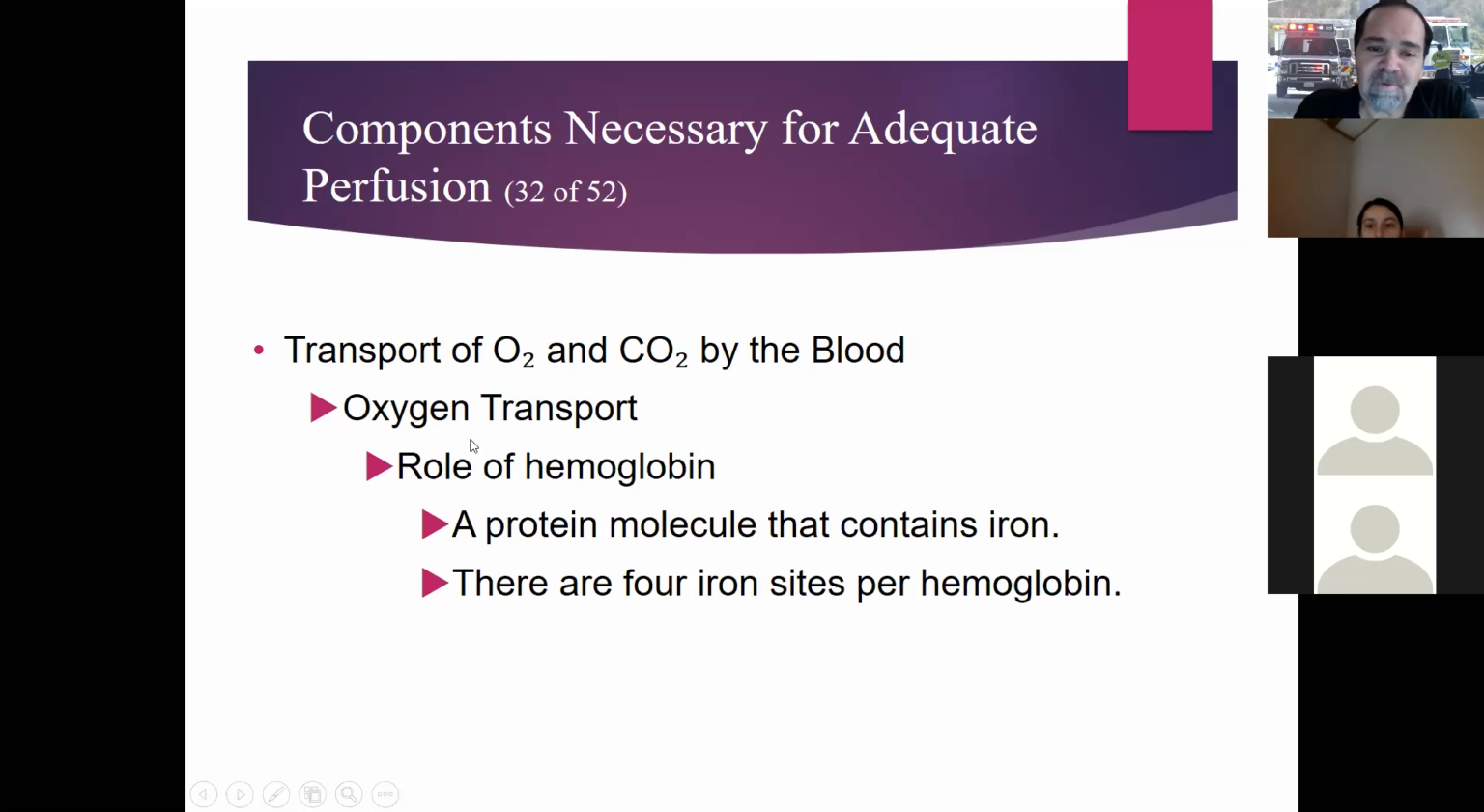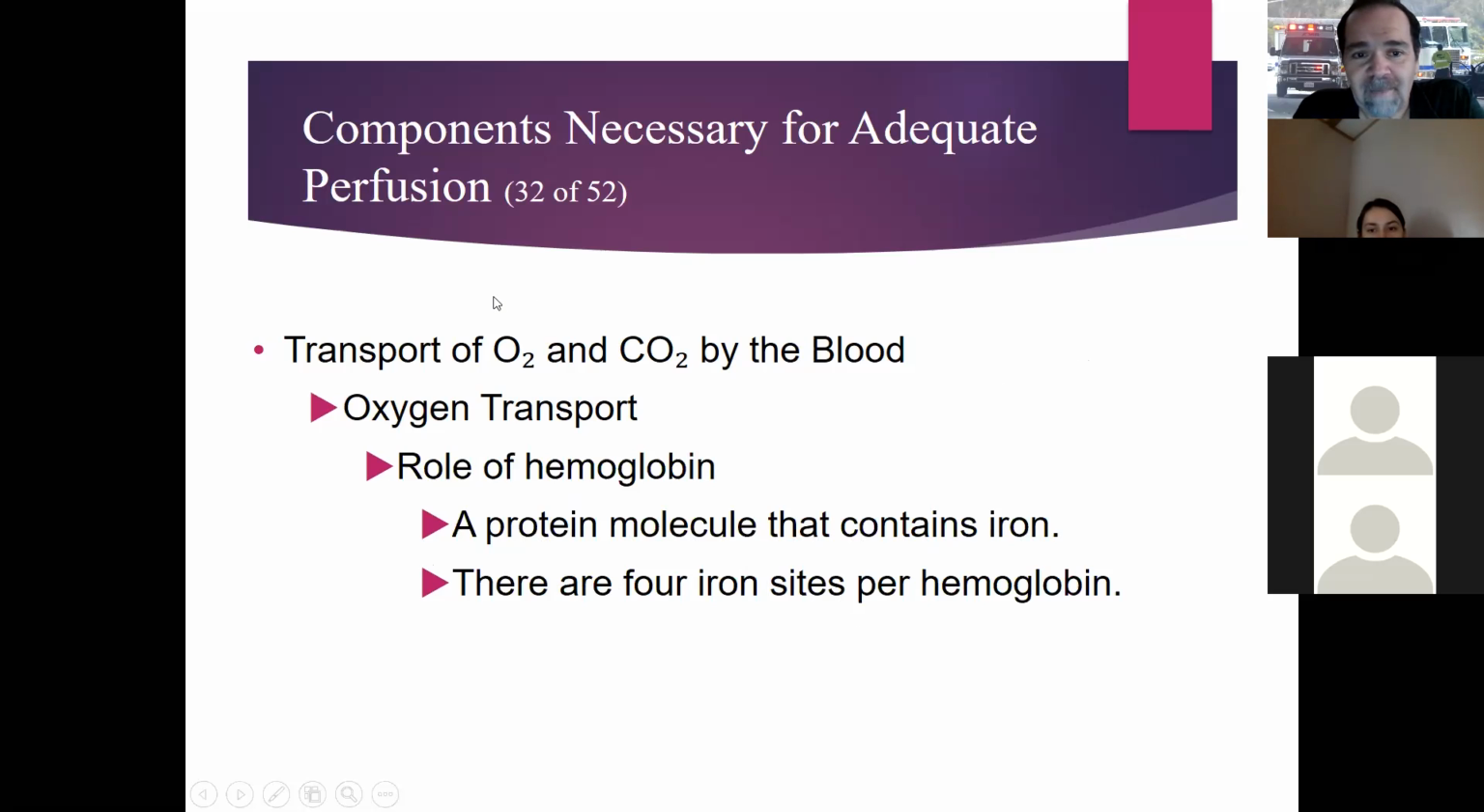Now, oxygen transport, the role of hemoglobin. This is a protein molecule that contains iron. There are 4 iron sites per hemoglobin, so each hemoglobin molecule is going to carry 4 oxygen molecules. And remember, you have to multiply that by the millions of hemoglobin molecules that we have within the red blood cell. So we do have a capacity of carrying a lot of oxygen